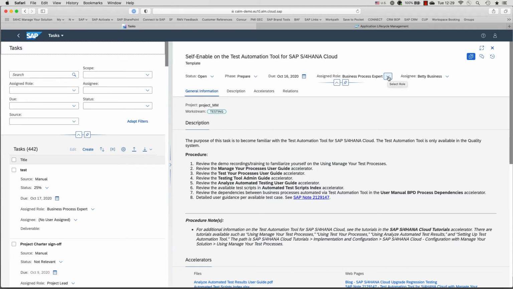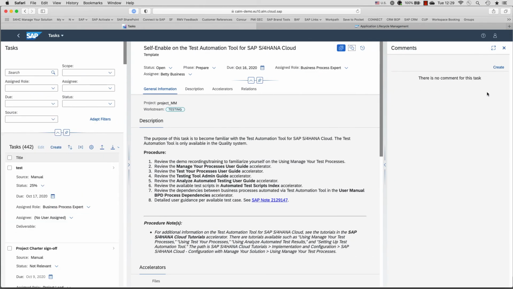They come pre-delivered with pre-assignment out of Activate. And we have assigned this task to my role, which is Betty Business in this case. Not really my name, but for the sake of the example, I think it's sufficient. I can, of course, change the assignment to any other user here, and I also have ability to create